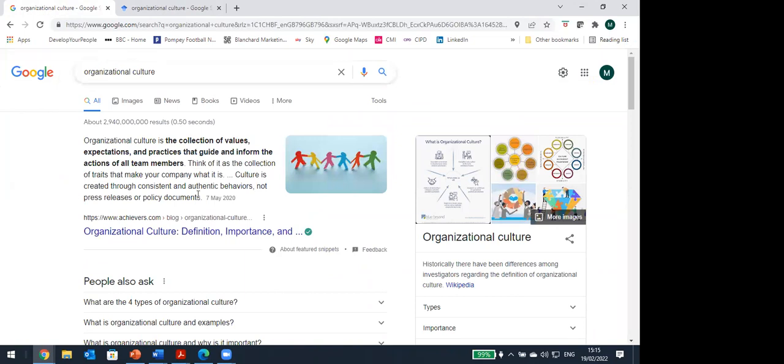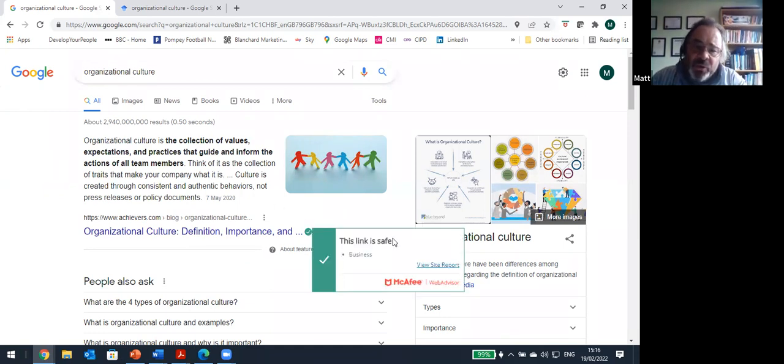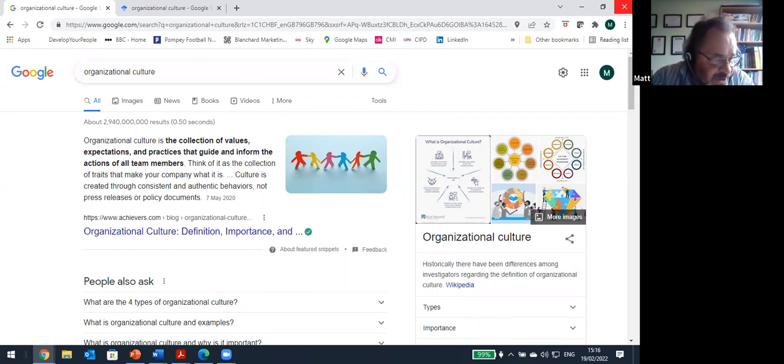This first one is a very, very simple, straightforward Google search just on the topic of organizational culture. And now what you're going to get here is just information about organizational culture. Now, the challenge you always get with any materials here is that there will be certain ones where they pay Google for them to appear at the top of the search. So it doesn't mean because it's coming up at the top of the search that it is therefore the best